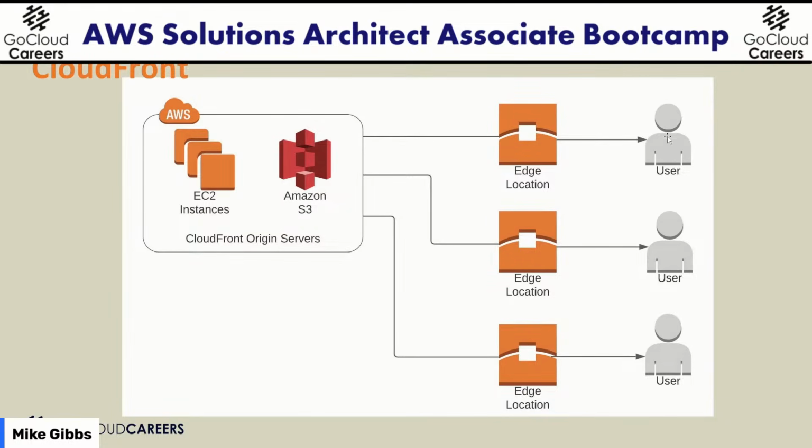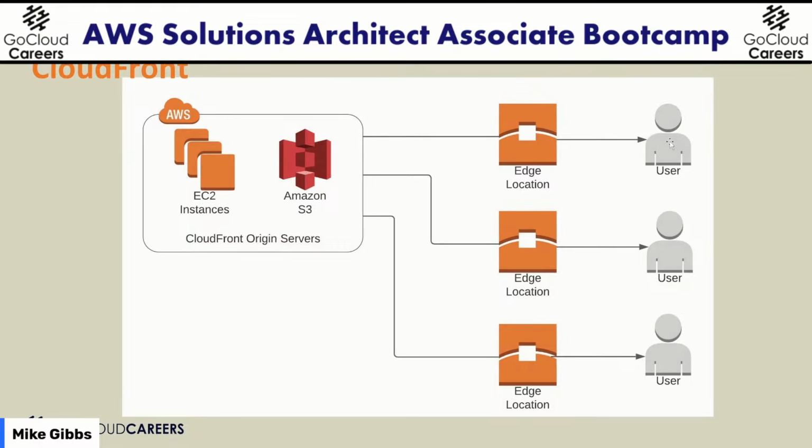In edge location 1, one of the users wanted to read an article that I was in, in CIO magazine. And they went to our website, www.gocloudcareers, and they looked at some of the places that I've been in, places like Tech Republic and Tech Radar and DevOps Magazine and Data Center Magazine and Information Week and other magazines. So lots of people maybe went to our website to see which articles I wrote for which magazines.